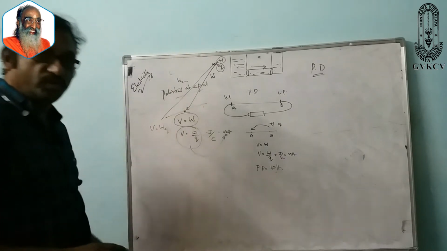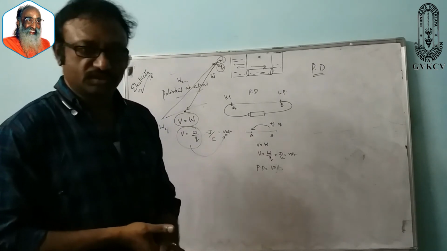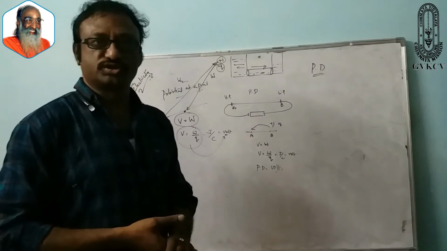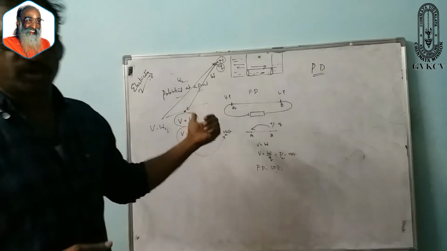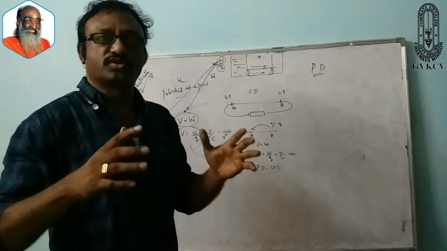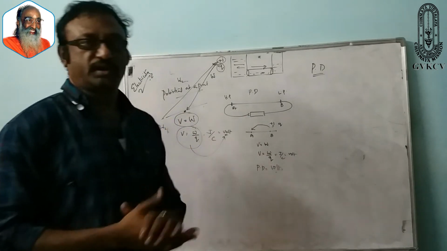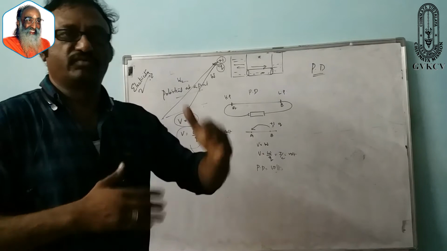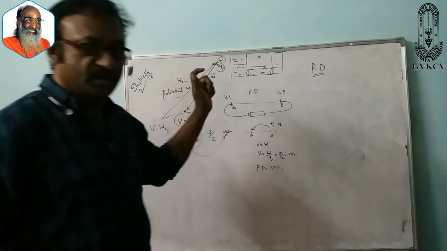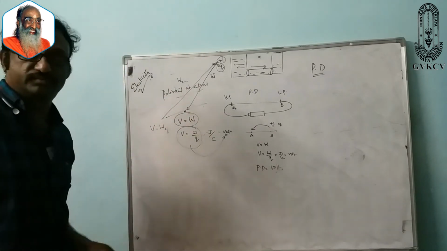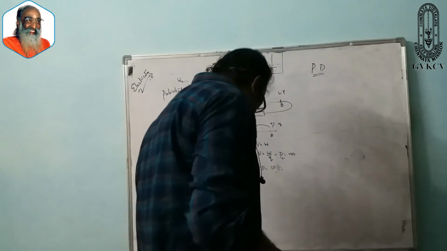So now we understood what is the potential and what is the potential difference. The potential is the amount of work done in bringing unit positive charge from infinity to that particular point where you are measuring the potential. And the potential difference is the amount of work done in bringing a unit positive charge from one point to the other point. Remember one thing here, when you are defining, always say it in terms of unit positive charge. Okay, right. Now take a screenshot and then make a note of it.